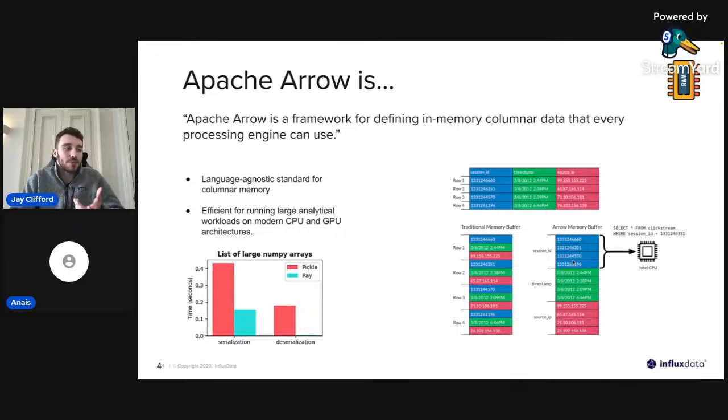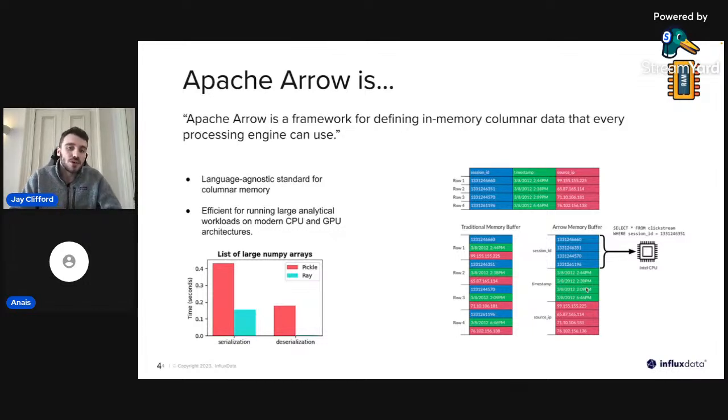This shows that we represent each column initially as each section of memory. The cool thing about this is this is vastly more efficient for our modern day CPUs and GPUs to process tabular data. And the benefit of doing this is it enables efficient data sharing across different systems and languages without the need for expensive data serialization and